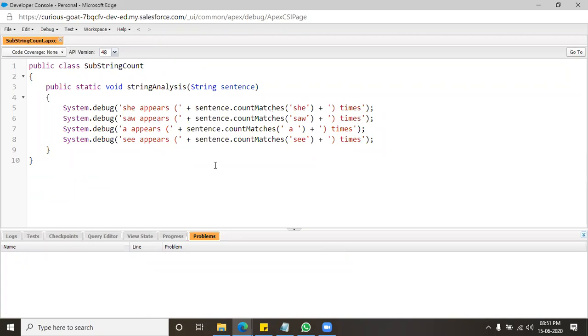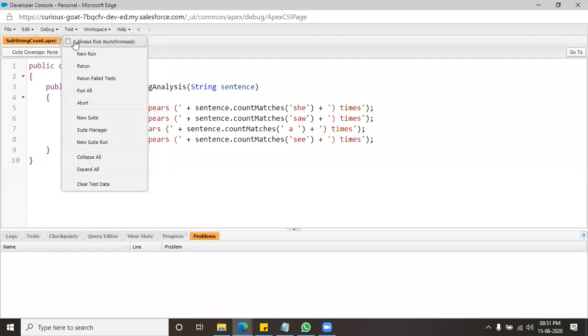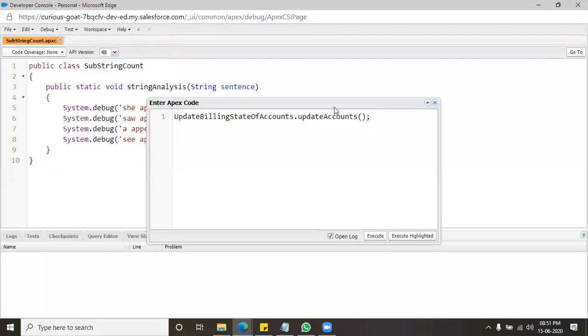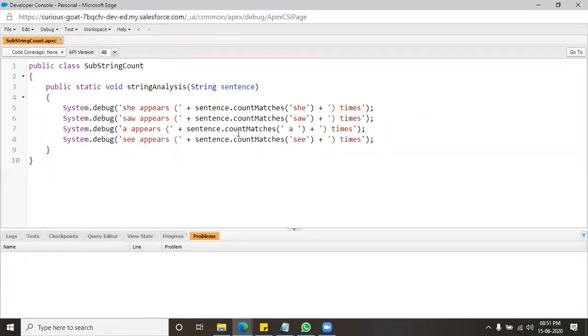What if I give you some dynamic sentence? You are passing the sentence there, but in the debug, what will come? It will come like "she appears". What if I give you some different sentence that doesn't have these words? This is not the way I want you to implement.